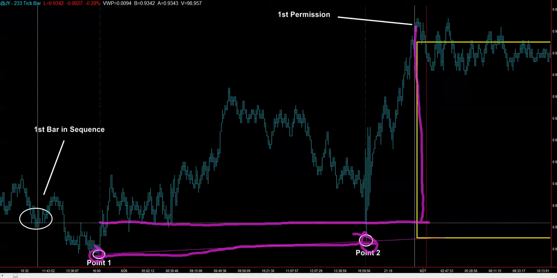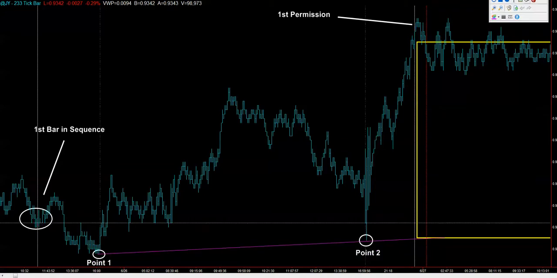And that is slightly different to what I'd said earlier today, where I said actually point 1 is always the first bar. It's not the case in the very first trend line. It is the case when we move on. So I'll explain that. So the next thing that happens is that